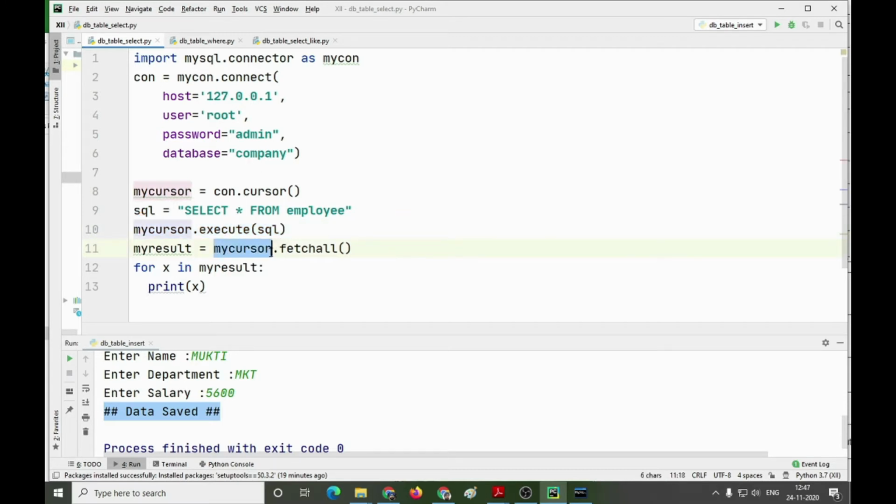By writing mycursor.fetchall, I am fetching all the records from the cursor and storing them into my result variable.